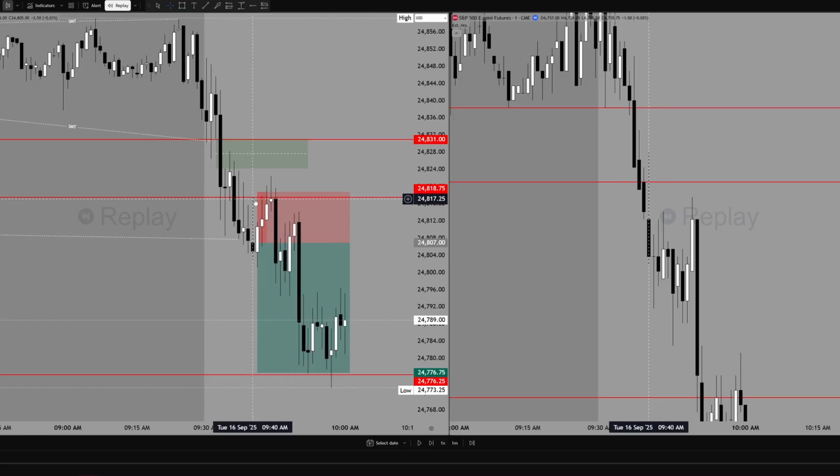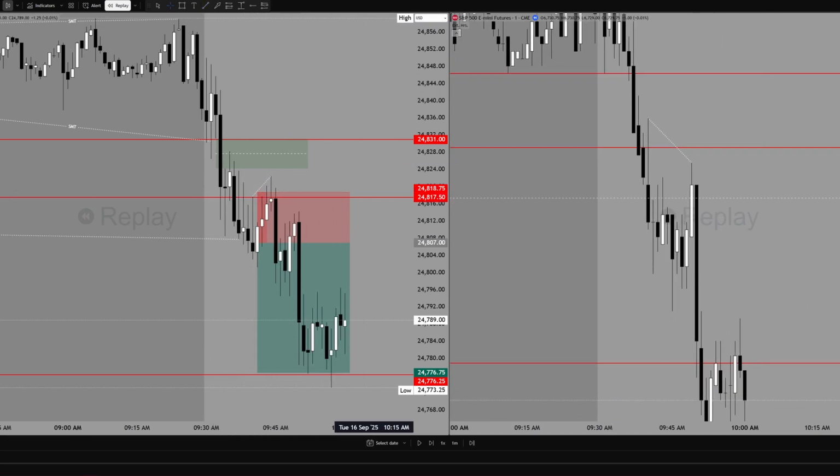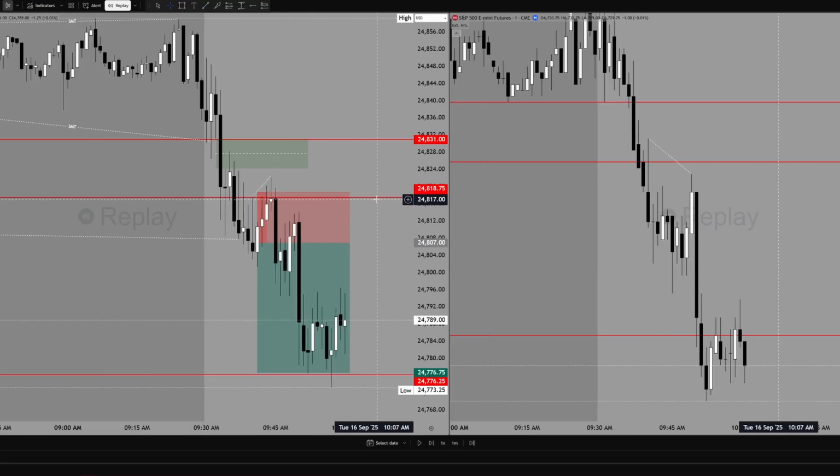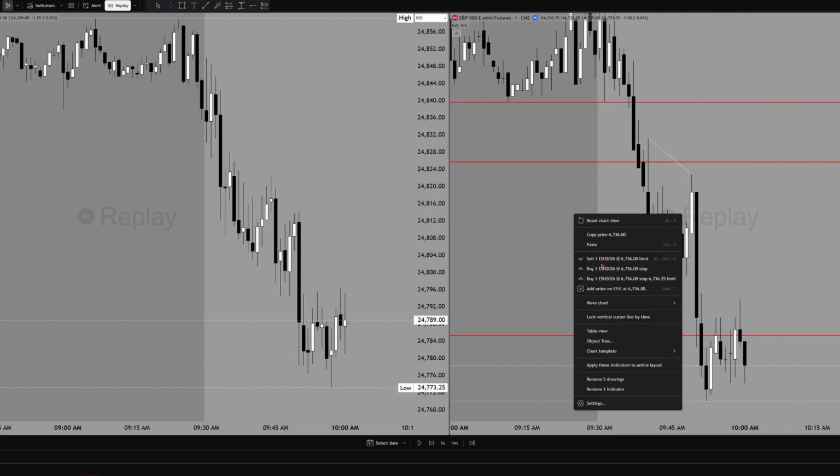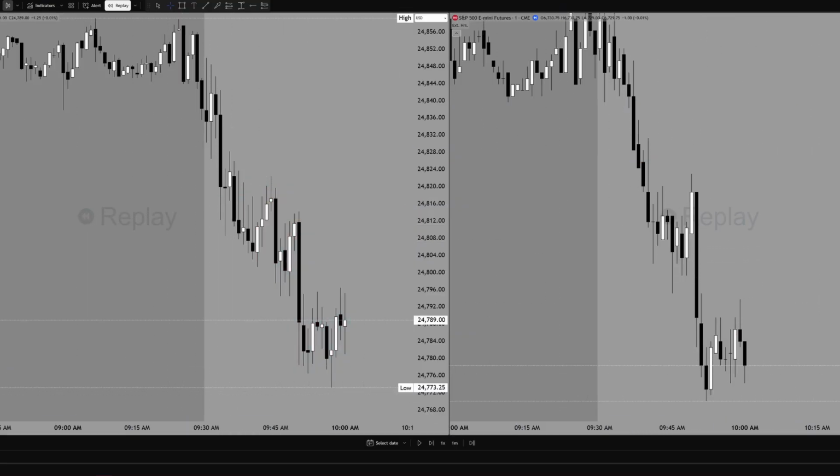Yeah, this area right here, this wick high, and then Nasdaq takes out that wick. It's not really taking out, but it has a crazy SMT right here, and that's why it just starts displacing lower. And I could have taken my short right there, but it is what it is. Let's go to the next date, September 17.